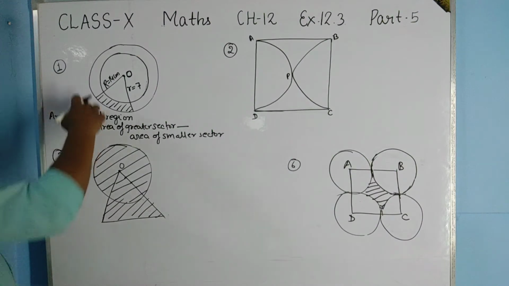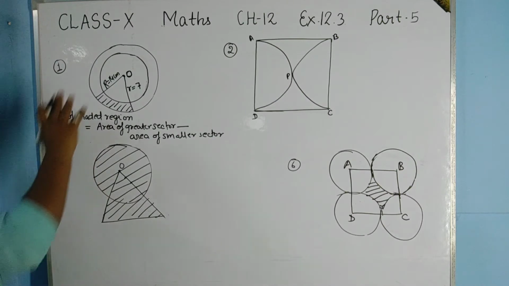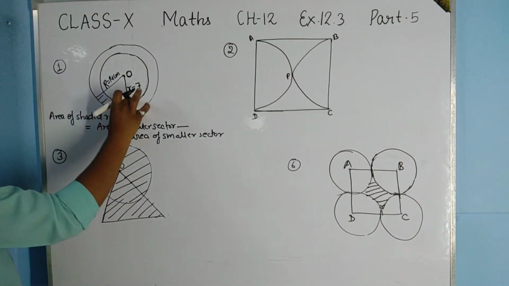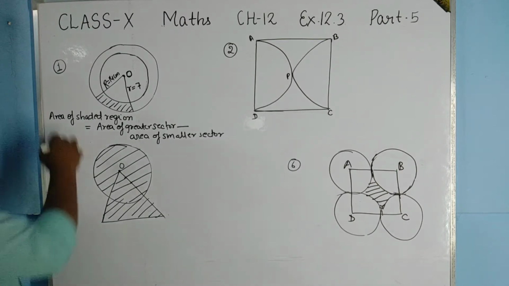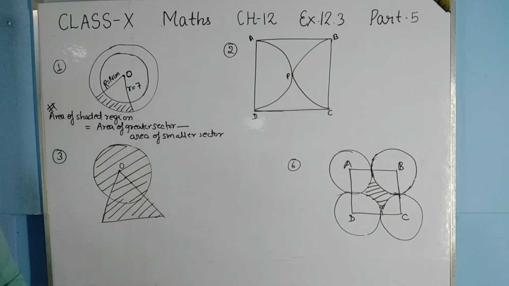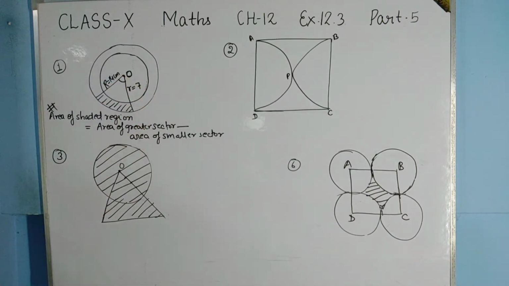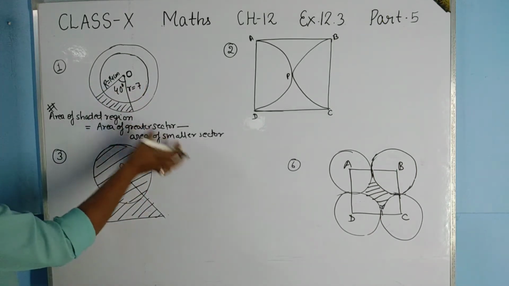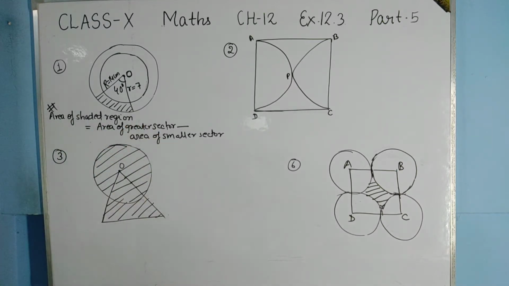Suppose the question is related to a ring, what will be the area of the ring? How will we solve that? By subtracting the smaller circle from the whole circle. In this question we have to find only this much area, so we will subtract the smaller sector from the greater sector. Capital R is given, small r is given, and theta is given, theta is 40 degree. So you will find the difference of the greater sector and the smaller sector.